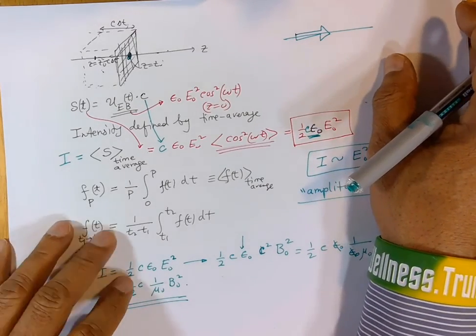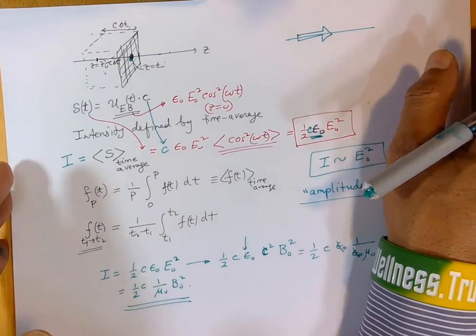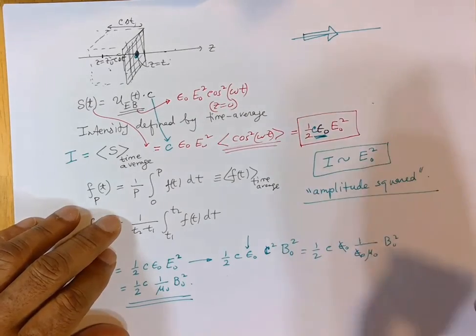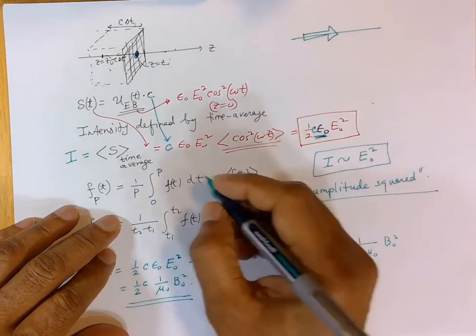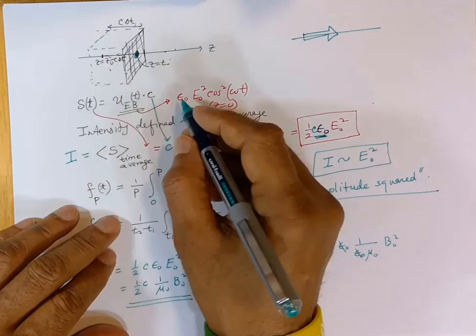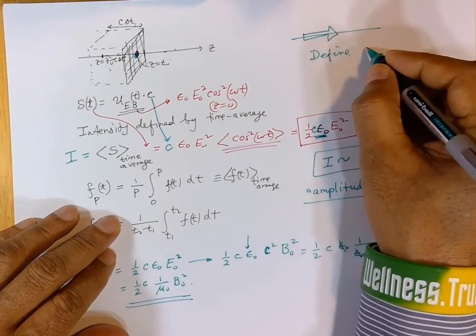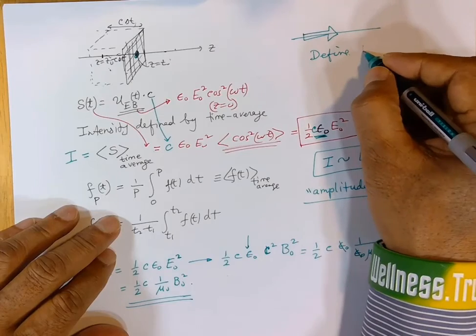Well, that's where a Poynting vector comes in. So instead of looking at S this way, if we define a vector called the Poynting vector,